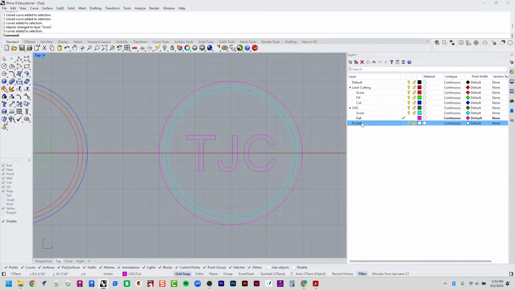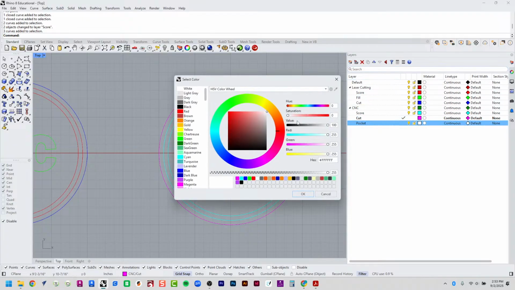And another type of process we can add in here is something called a pocket. In CNC, we can make a pocket. So I'm going to put pocket down here. I'm going to move it down in the layer hierarchy. And instead of white, let's make it